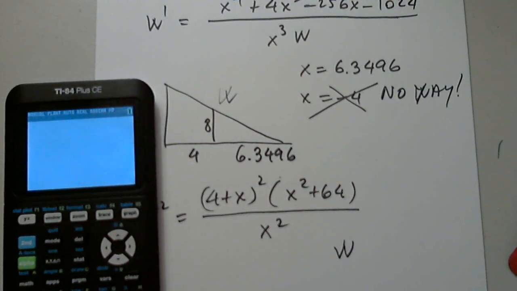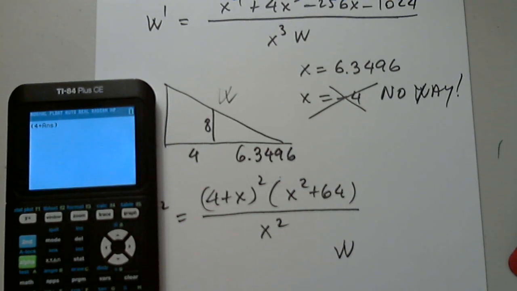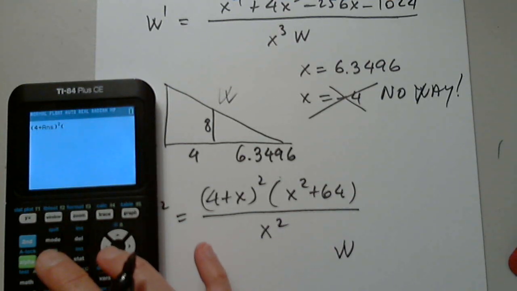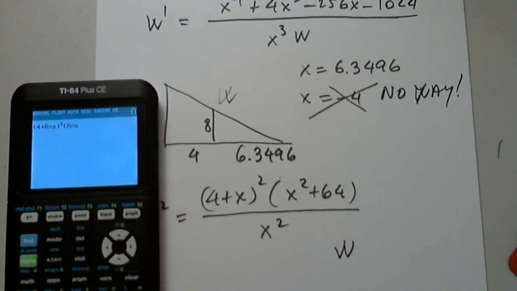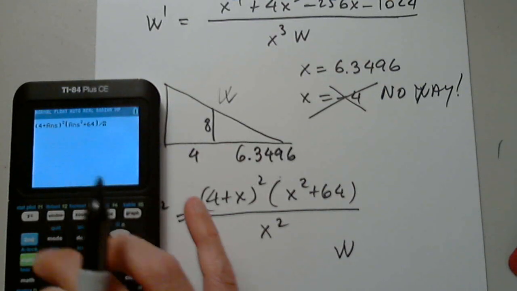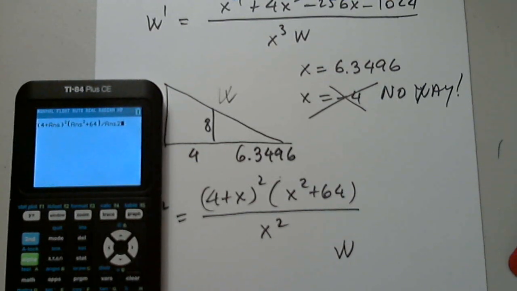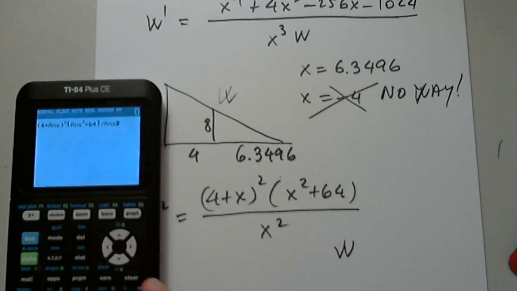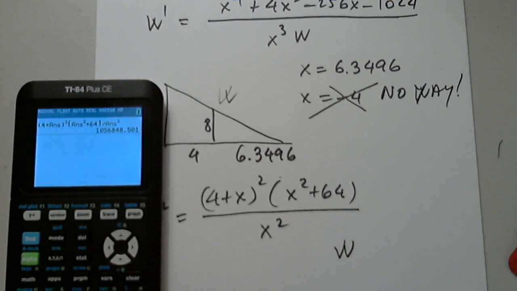Okay, 4 plus the previous answer squared, parentheses, previous answer squared plus 64. So 4 plus the previous answer squared and previous answer squared plus 64 and divided by the previous answer squared. No, squared. And